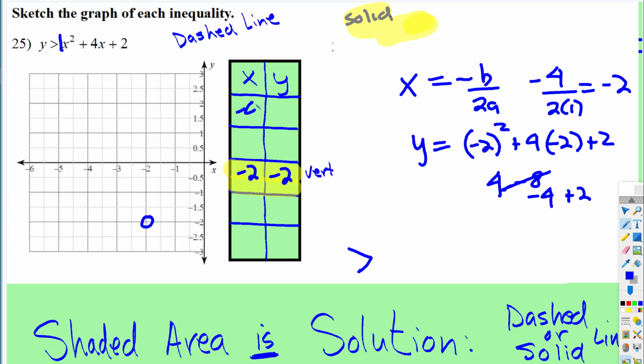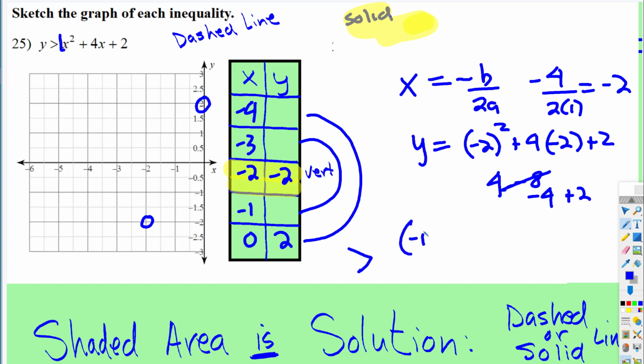Then I'm going to choose two values to the left of -2, -4, -3, and then -1 and 0. And I'm just going to use 0 and -1 because remember, the axis of symmetry will have pairs of the same height. So if we plug 0 into here, we'll put a hollow dot at 2, and then when we plug -1 into there,